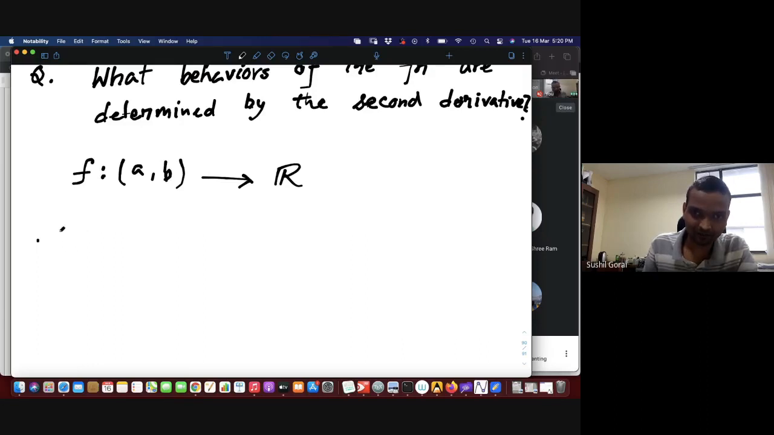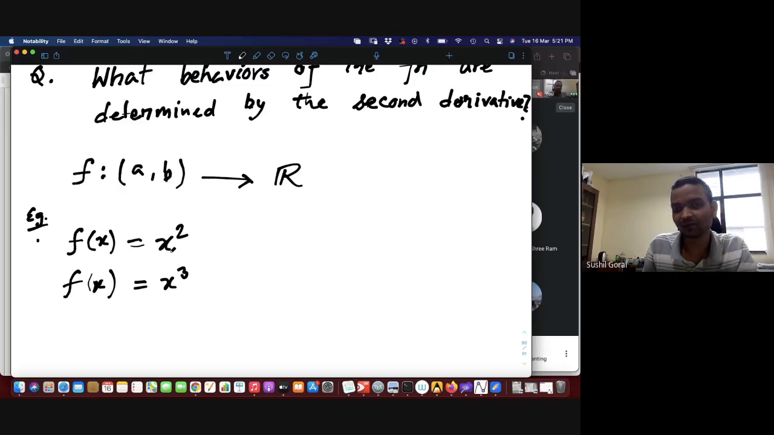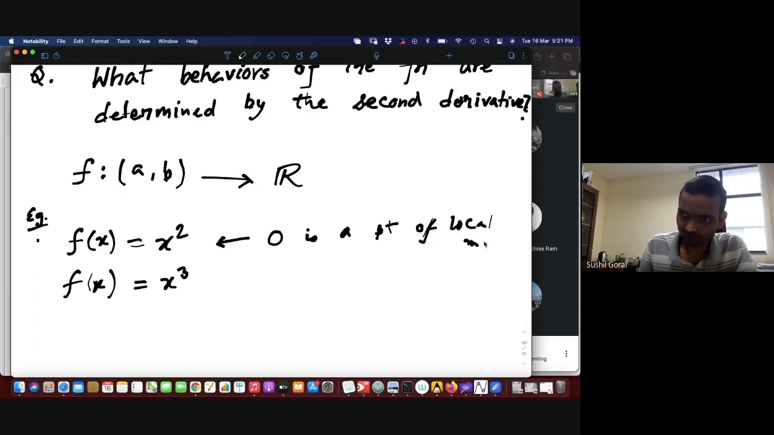For example, take f of x equal to x square, and f of x equal to x cube. Here 0 is a point of local min,